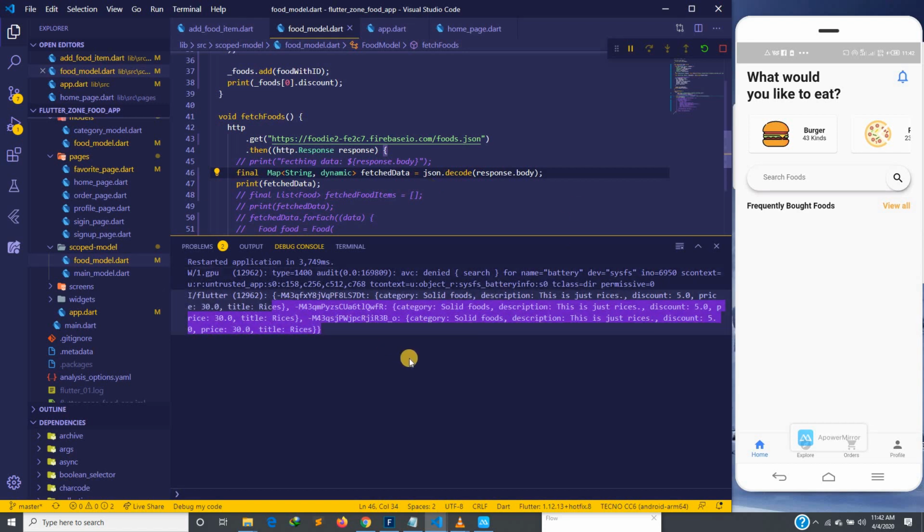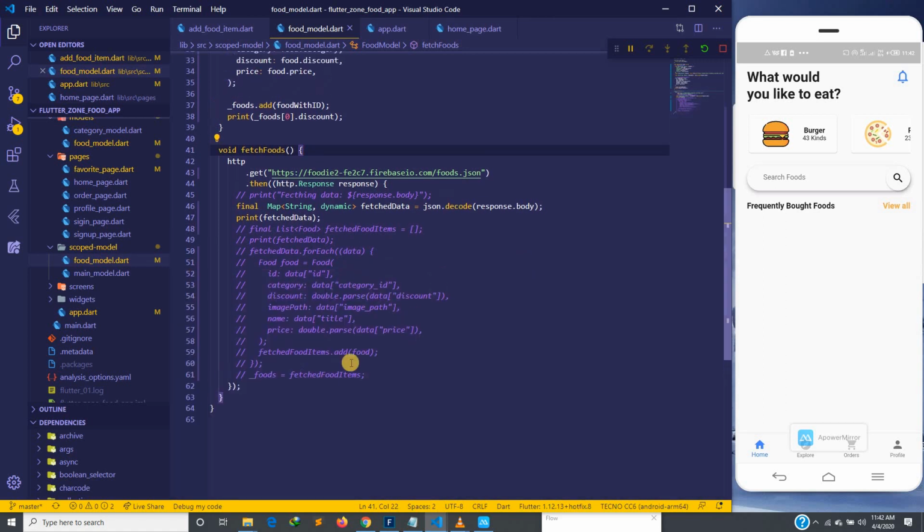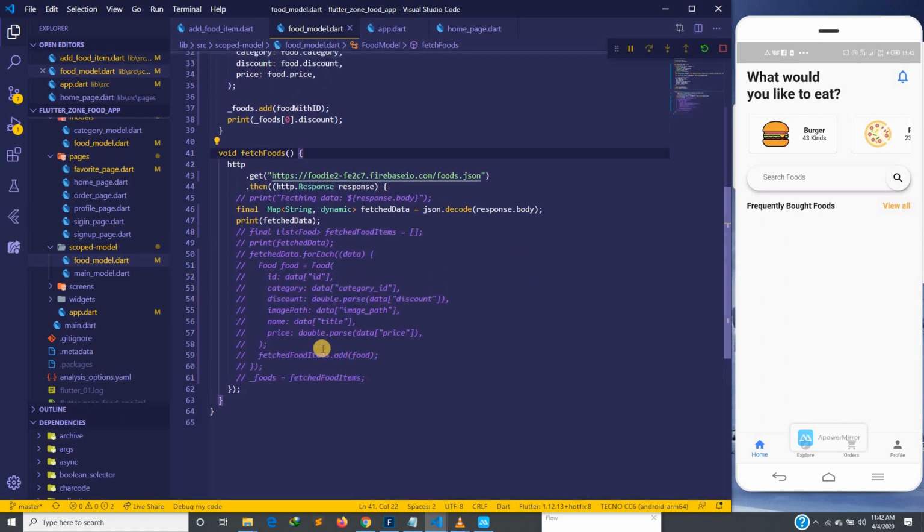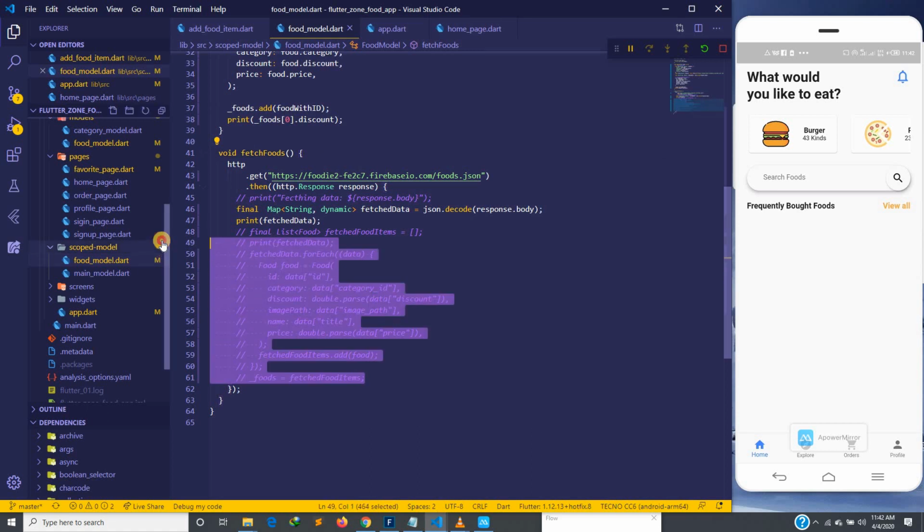So now how do we fetch this and then save it inside our list? Because you know that we are not going to manipulate the data directly on our database. We save it in a list and then we work with the data from the list, so we have to find a way to save it in the list. So to do this,